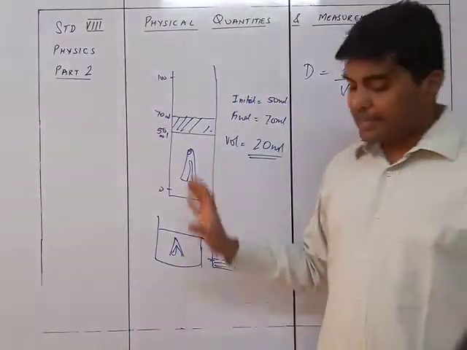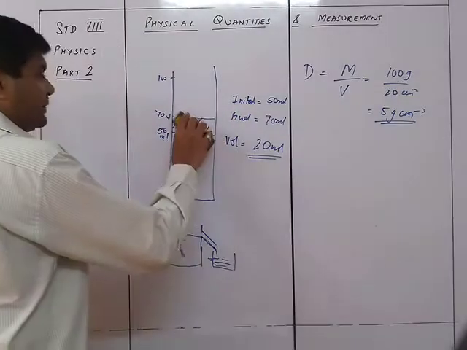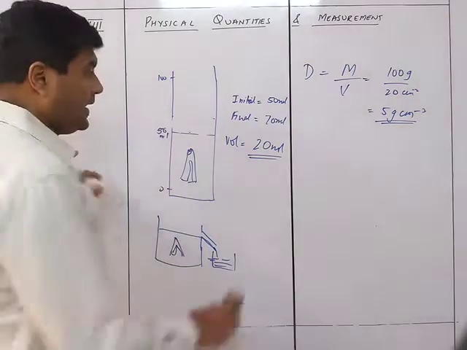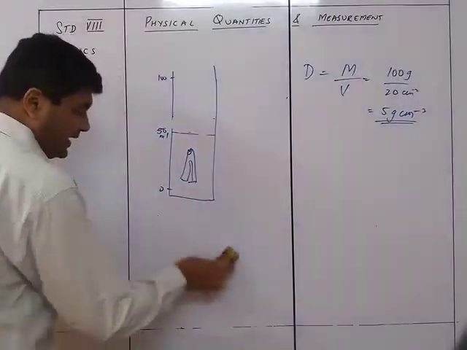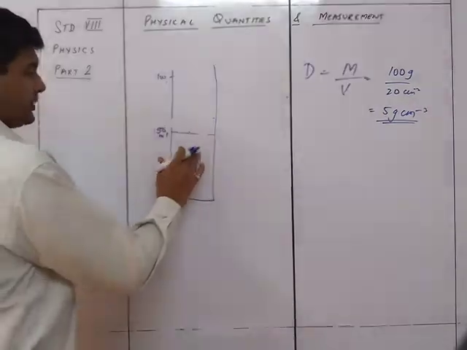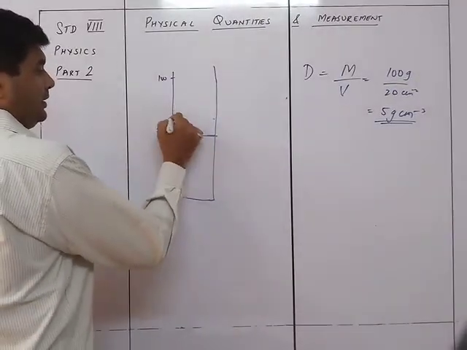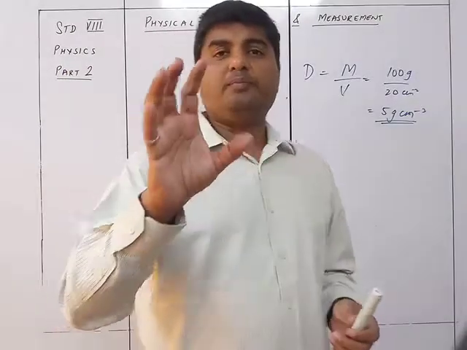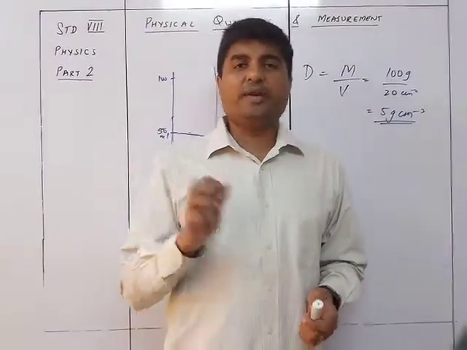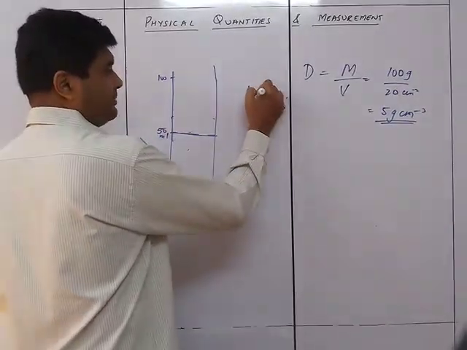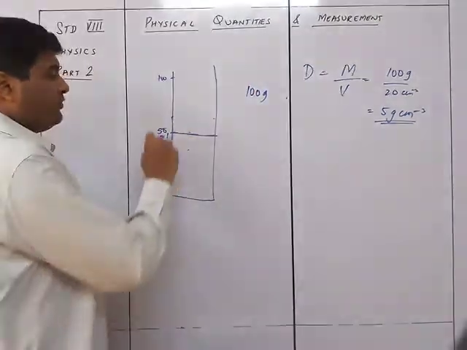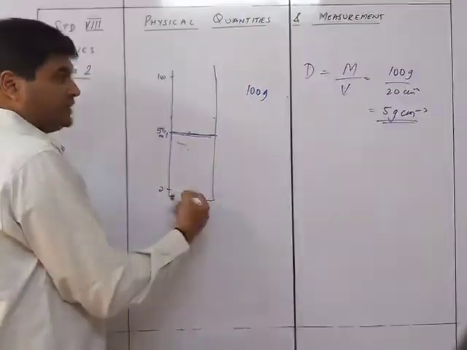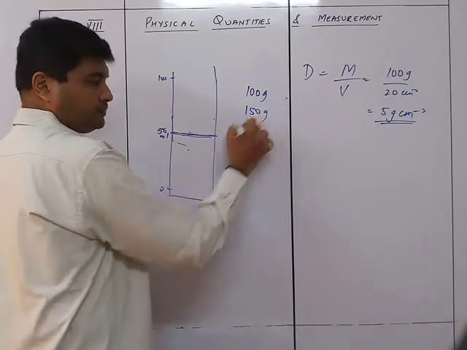So suppose I am doing the same experiment over here. I'll take this particular measuring cylinder. I can make it very simple. I take a measuring cylinder and measure the weight of the measuring cylinder. Suppose the weight of the measuring cylinder is, let's say, 100 grams. Then I'm going to pour 50 ml of this liquid inside, filling it up to 50 ml, and then I measure it. Suppose the measure now is 150 grams.